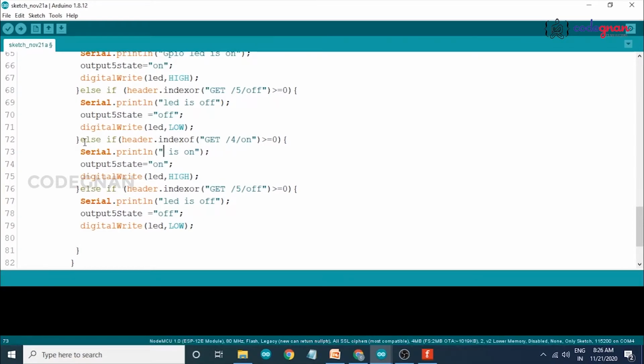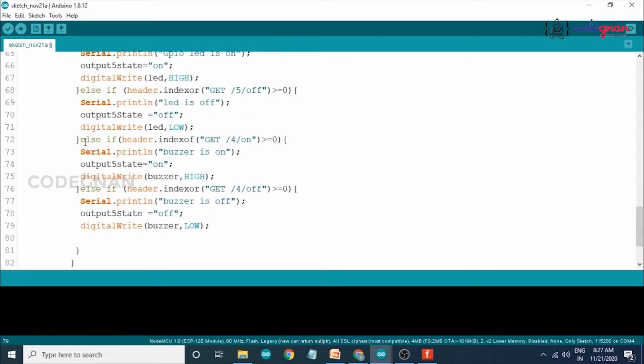we have to print a message "buzzer is on", and here also change it to buzzer comma HIGH. When we press 4 for off state, our buzzer will be off, and in digitalWrite also we can change LED to buzzer.